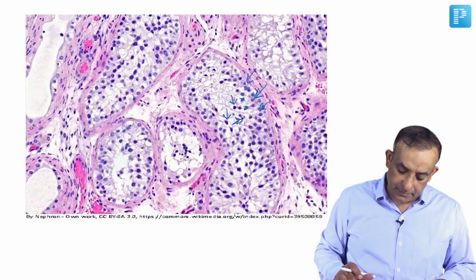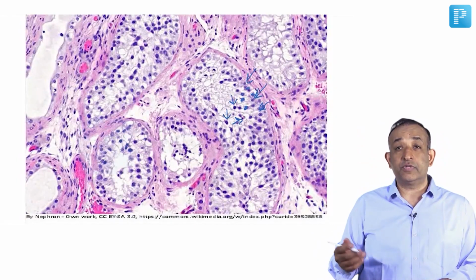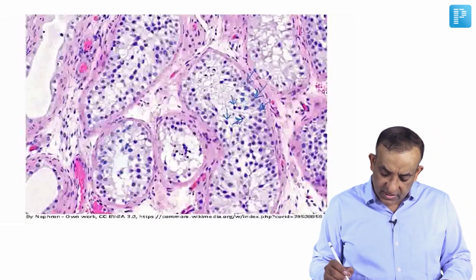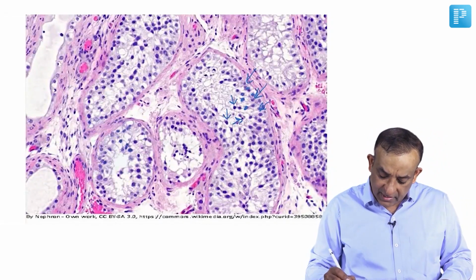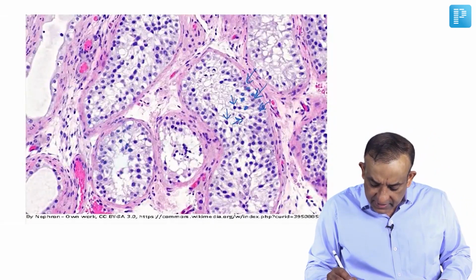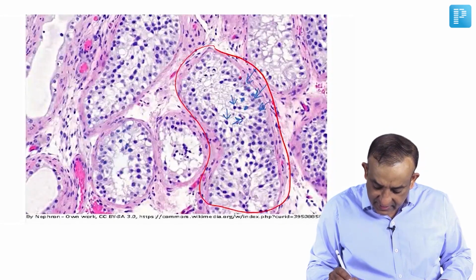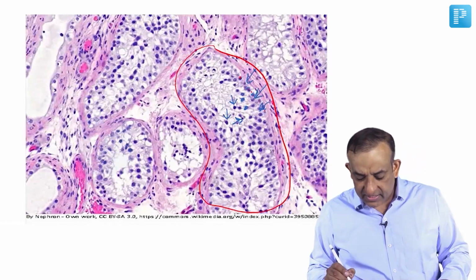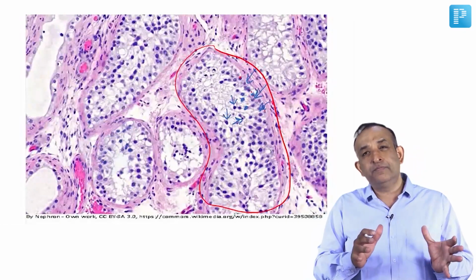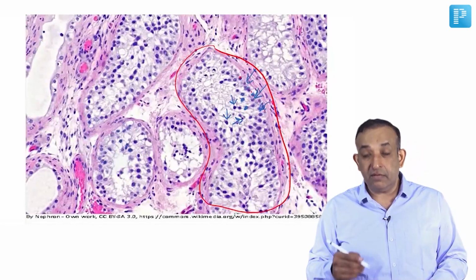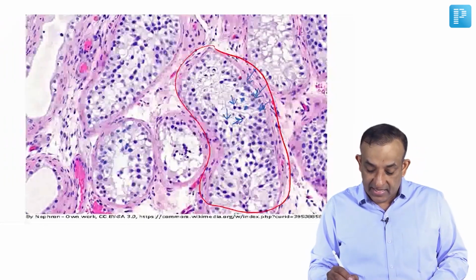So let's see this cut section of the seminiferous tubules in more detail. In this cut section, I've marked some arrows to show you. Can you see these dark cells here? This is the seminiferous tubule here, and these dark cells here. These dark stained cells are the basal Sertoli cells which are making the primary spermatocyte, and then the